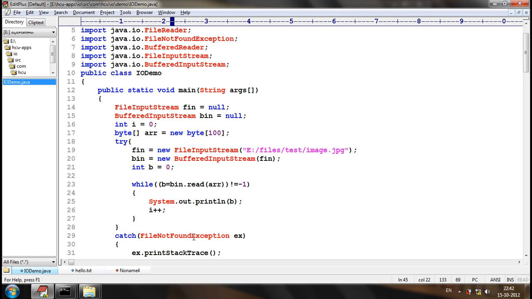That's important. Okay? Some people will think streams are specific to non-character content. But it's not correct. Streams are generic. They can be used for any files. Okay? That's fine enough for the